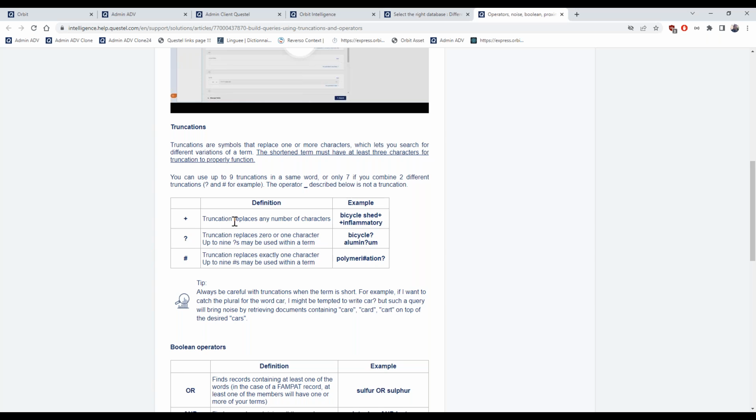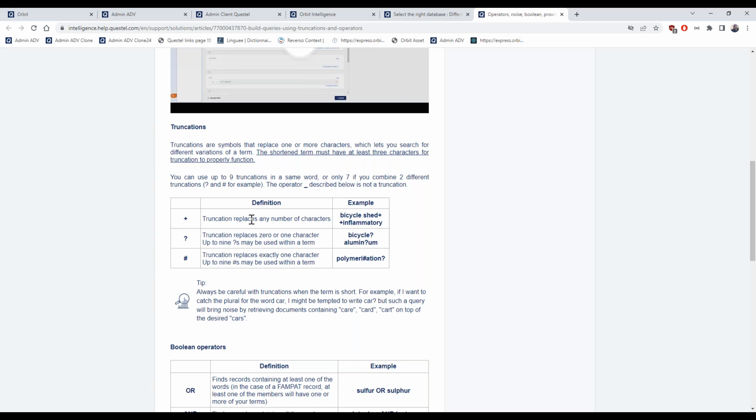The question mark, and I have to specify that the plus has to be used carefully, because at the help desk, we often receive cases where users have used this truncation with short terms like "car plus", or any type of generic words with a plus, which will overload the search engine.